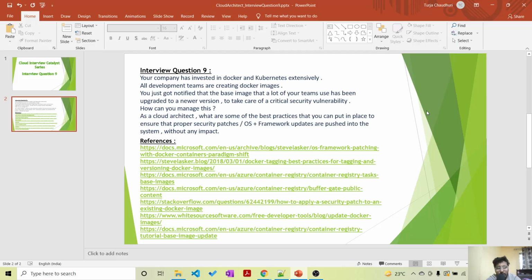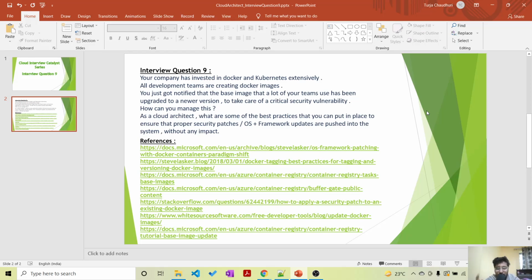So say for example, you have a Docker file. That Docker file has a FROM statement, say FROM Alpine 15.0. So where is this image residing? Normally this base image is residing in Docker Hub, which is anonymous authentication. You don't need to put any authentication normally, and these are all officially approved images which are lying in the Docker Hub. But all of your resultant images that are created within your organization, maybe stored in something like an Azure Container Registry, are all dependent upon this base image. So they are dependent upon this FROM Alpine image.